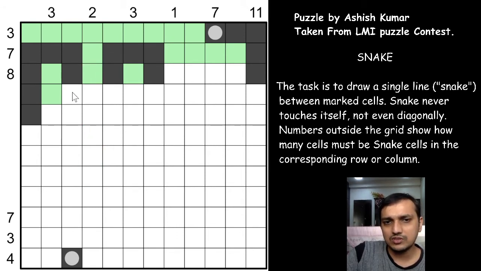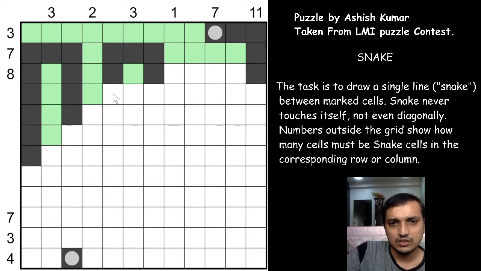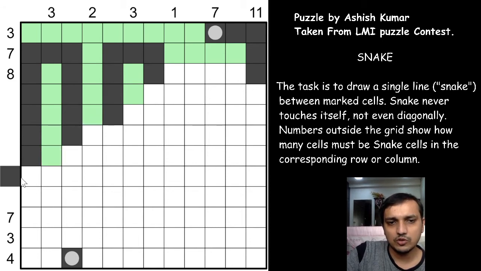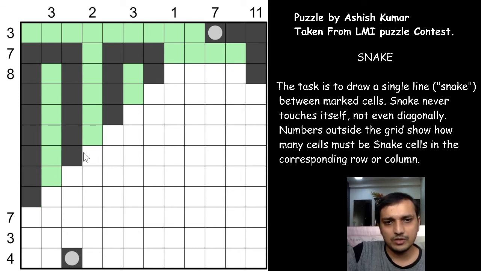So this cannot be a snake cell. Again, if this is a snake cell, only one is fulfilled. It has to come down, and this cannot meet diagonally, so this will again come down. This will come down. It cannot meet diagonally, it will come down. Again, this cannot be connected. The same logic for the 2. So this cannot connect. It will have only one snake cell. Again, comes down, comes down. So we have formed a diagonal pattern here, if you see.